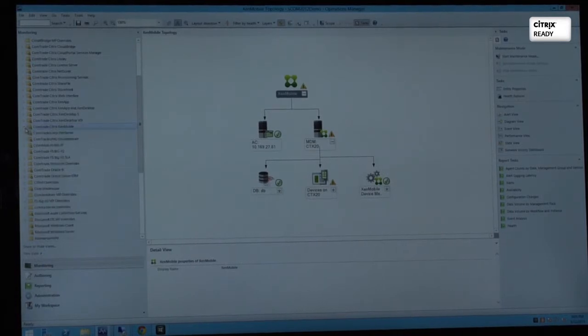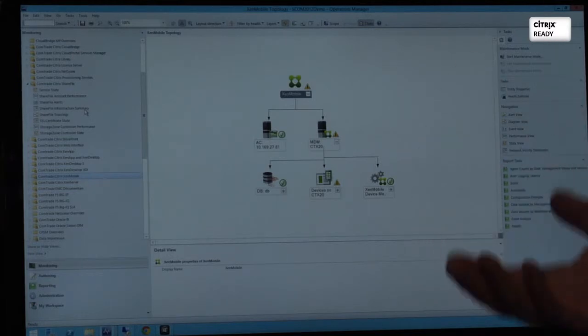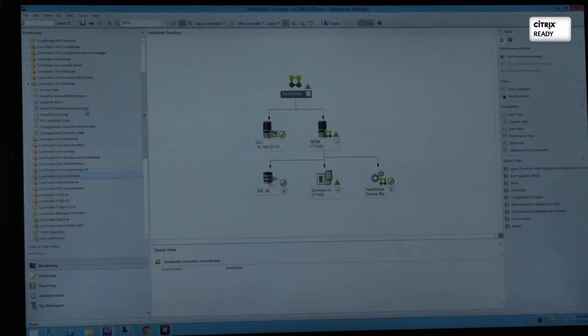And there's another component of the Workspace Suite that we also monitor, which is ShareFile. And ShareFile is again a management pack that is structured very similarly. So all our management packs have more or less the same look and feel. They start with the topology, and you have ability to navigate into different performance views. Like in the case of ShareFile,